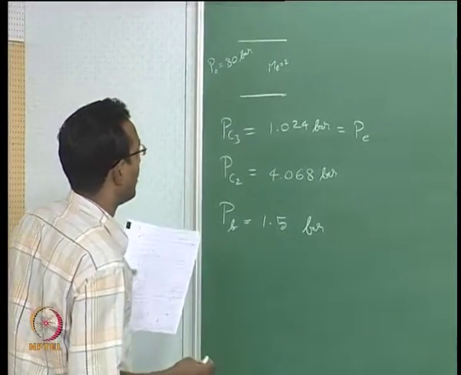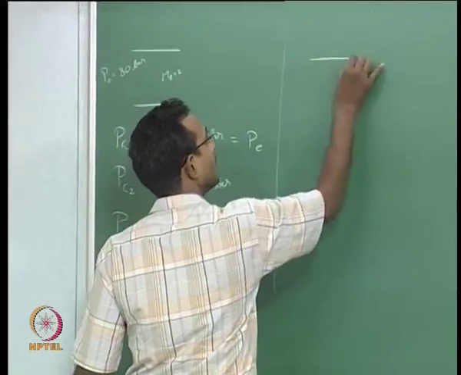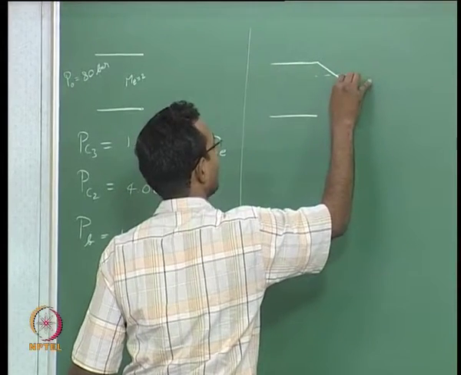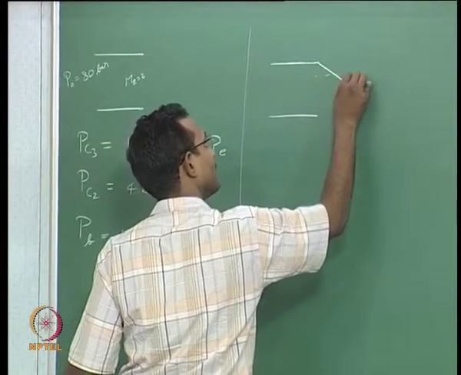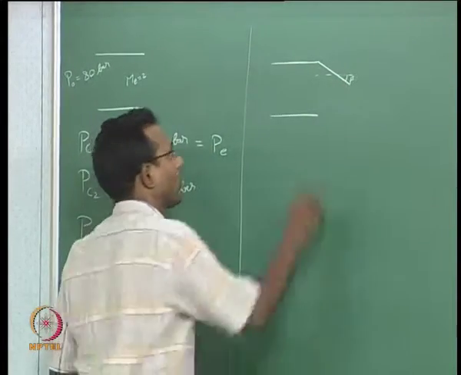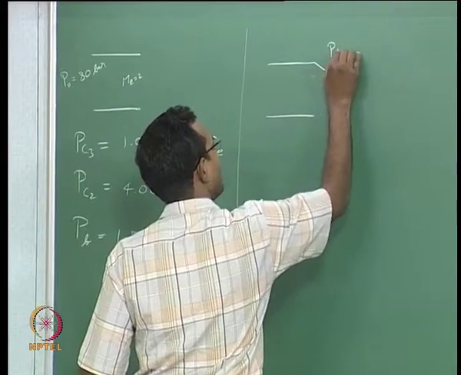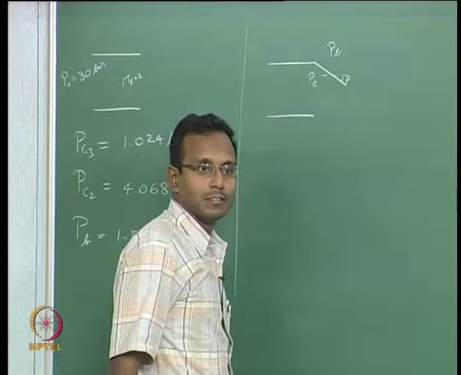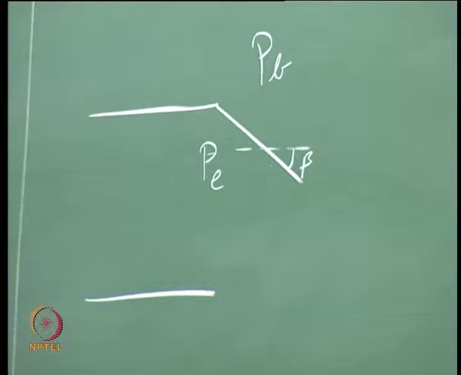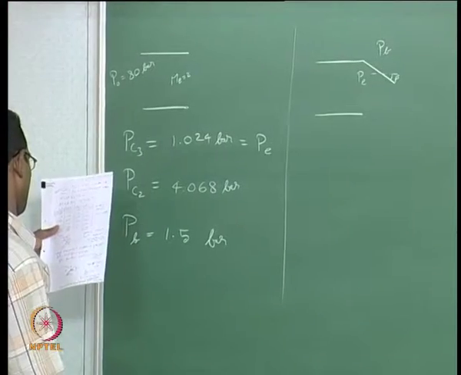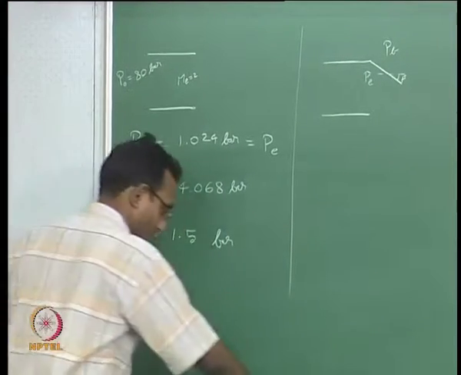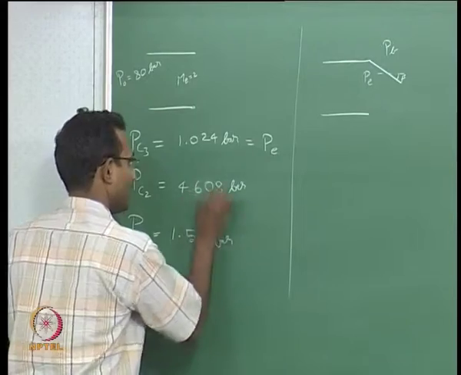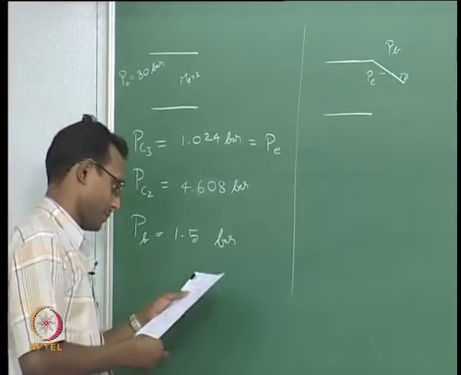So, now our job came down to finding that particular angle beta for this shock, which will make sure that P back is the pressure downstream of the shock and upstream is your P exit. This is what we have to find out. Did I make a mistake? Yeah, it is 4.608, not 4.068. Thank you for that. 4.608, that is the correct number.